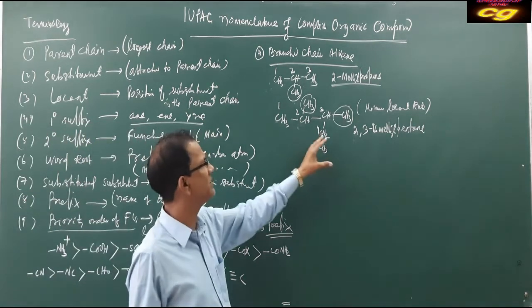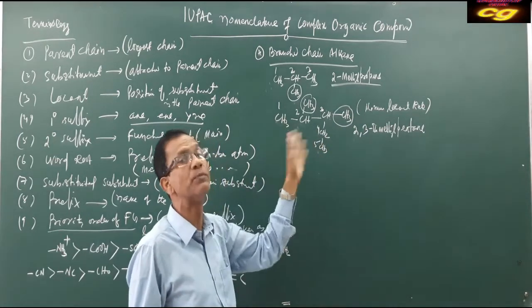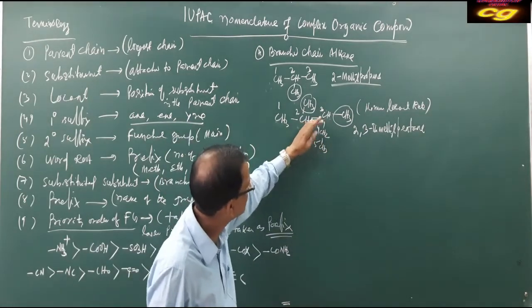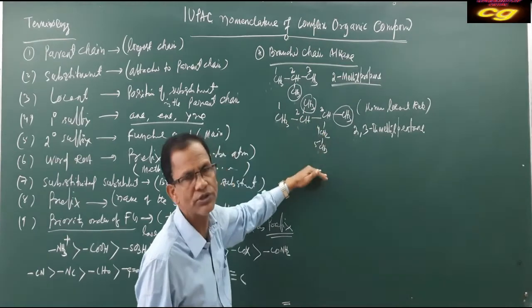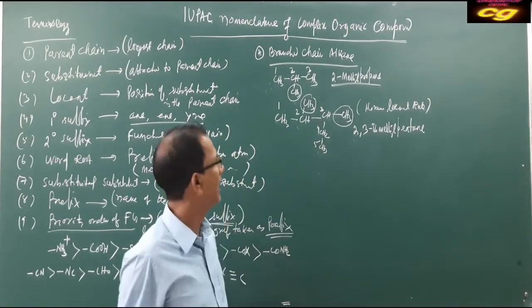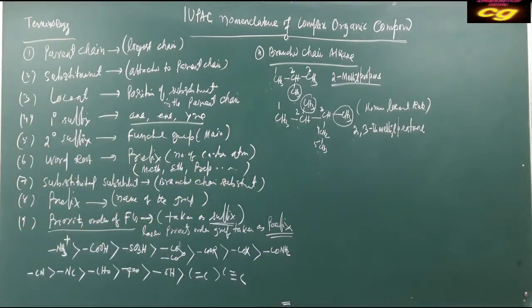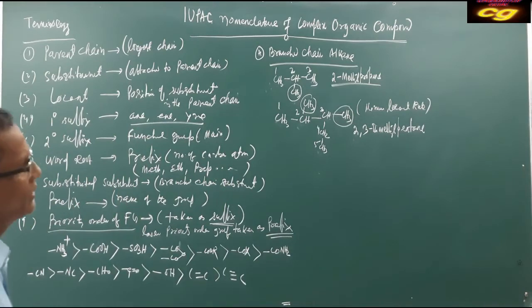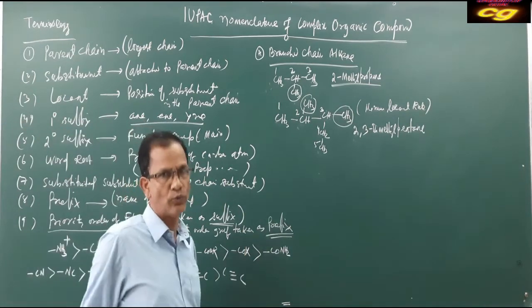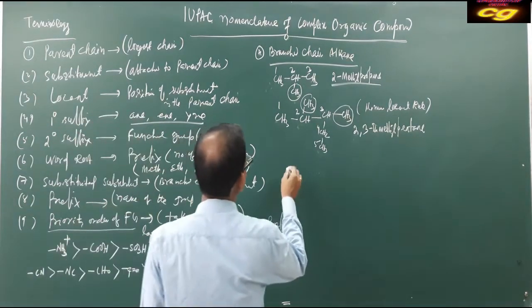If the group is written in a combined, condensed form, before numbering try to expand it. If it contains C2H5, try to write CH2, CH3. Any condensed group that is there, try to expand the group before giving the nomenclature. Before selecting the longest chain, you have to expand the condensed groups. So in this way we can do. Another example we can take. If you write in this way,